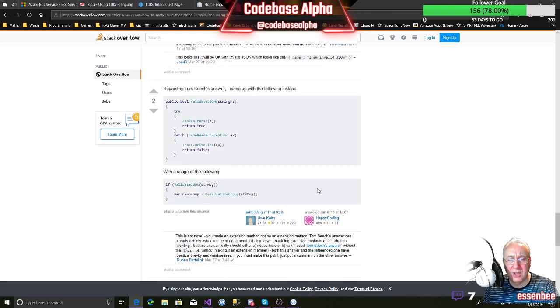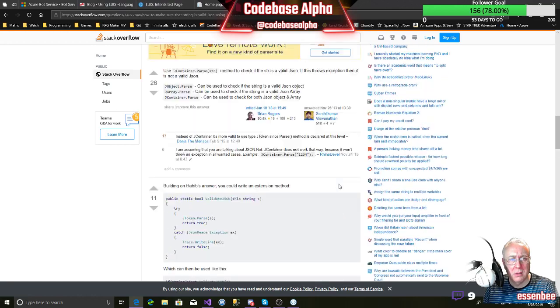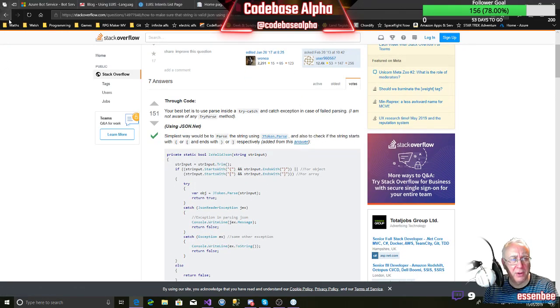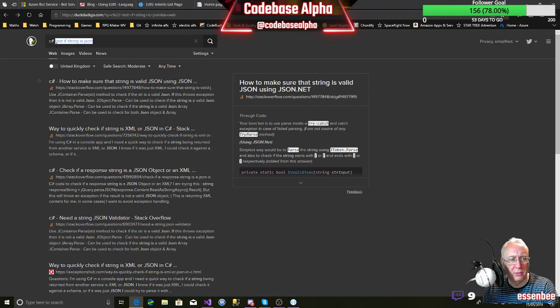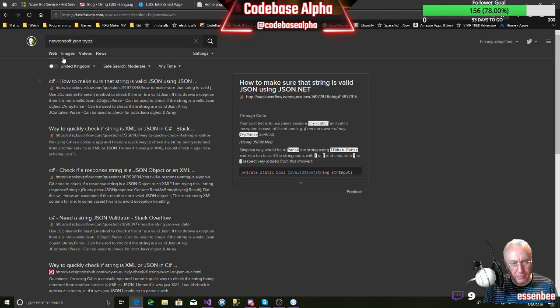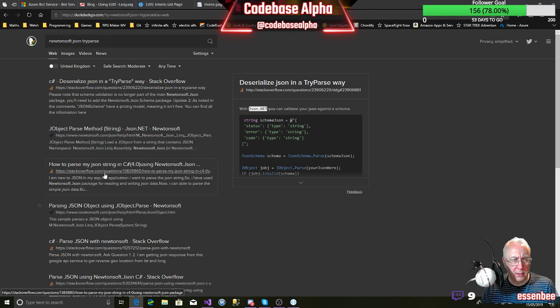Yeah, see, everyone's suggesting using exceptions. Don't like that. Isn't there a TryParse? I wonder if there's a TryParse these days. So let's have Newtonsoft.Json TryParse, deserialize JSON in a TryParse way.